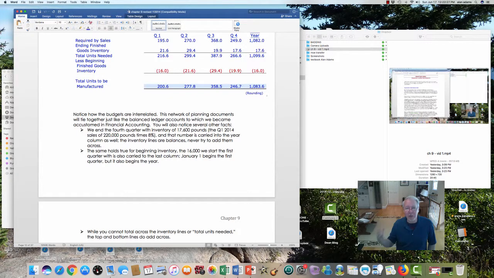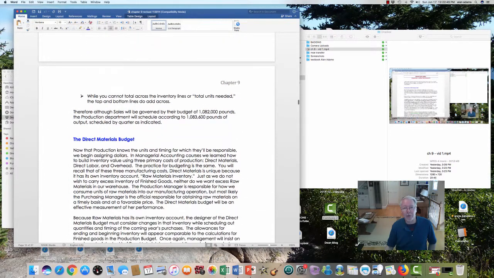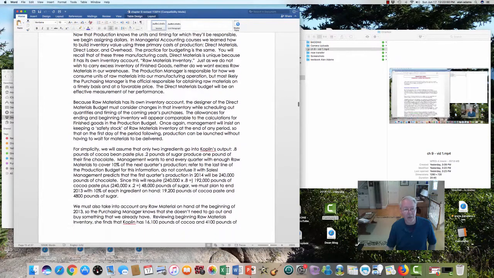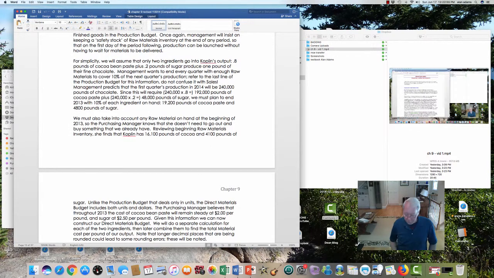In essence, every single expense of your manufacturing facility, excluding top management and your sales staff. We enumerate those separately as what we refer to in Accounting 200 as period costs. In other words, we don't put them into inventory. Direct materials, direct labor, and manufacturing overhead do go into inventory as we make it. So in this next couple of pages in the book, pages 239, 240, 241, I tell you what it takes to make our